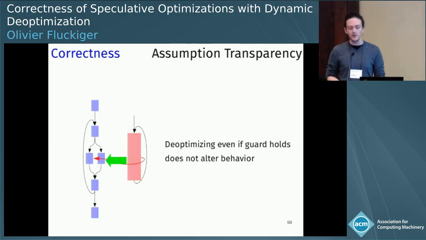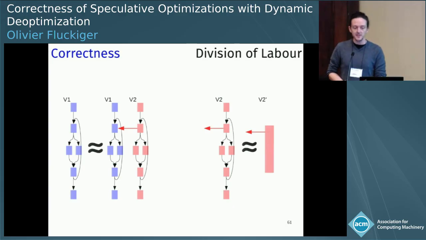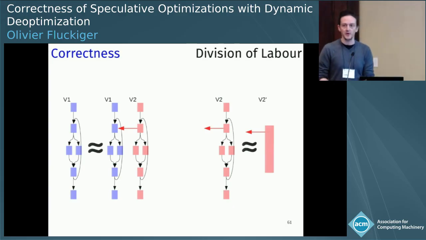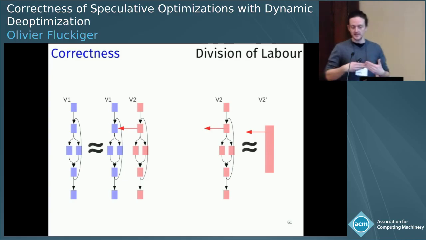Now, when we have all of this, then there's actually an interesting simplification going on. Because I showed you before, it's a 2-step process. So the first thing is we copy the versions, introduce the deoptimization points, and only then we start optimizing. So as you can see on the left-hand side, this is actually the tricky part of the proof, even though it looks trivial, because here we have more states on the right-hand side than we have on the left-hand side. So this was like the technically tricky